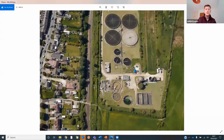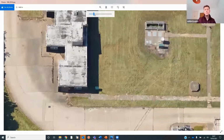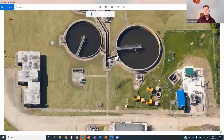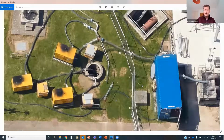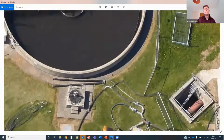So firstly, I'll show you what a 2 centimeter resolution looks like and the detail that we can get with that, because that's what we're often being asked to go out and survey at the moment. So this is a treatment facility. If I zoom in, you can see what level of detail you get at 2 centimeters. Obviously, picking out a couple of things, temporary fencing there, you can easily pick that out. Details of pipes, etc. Handrails across the